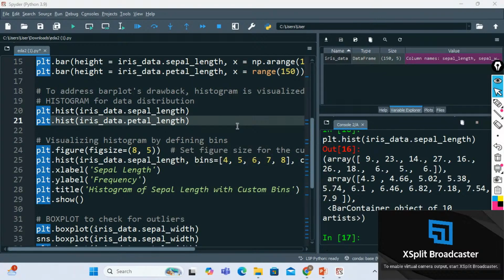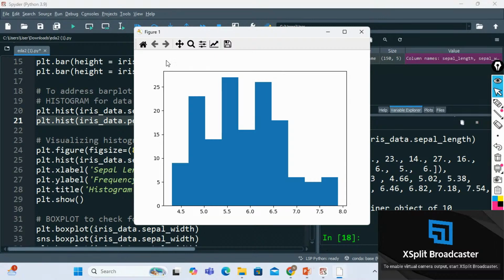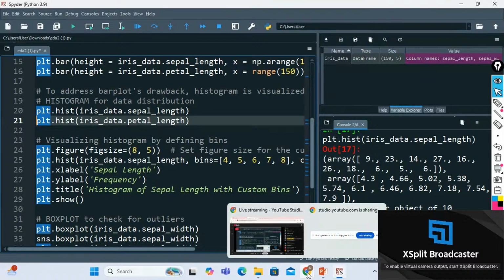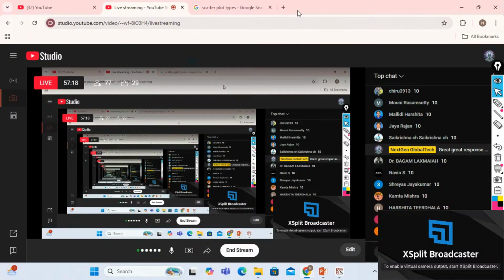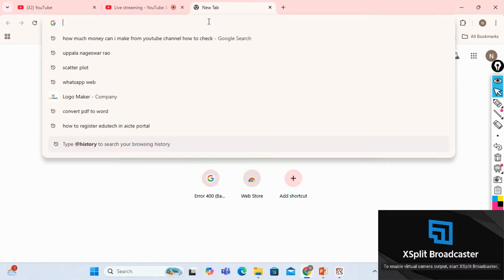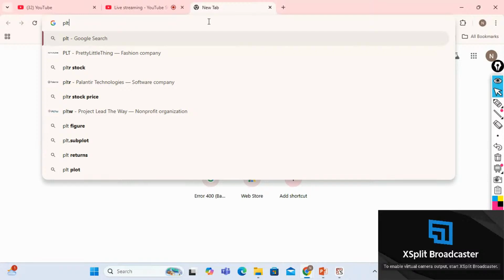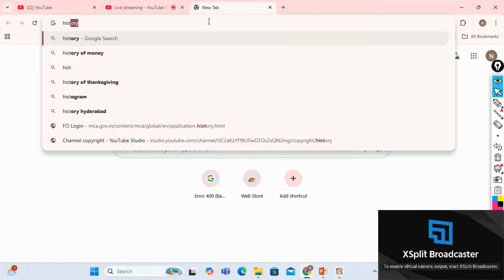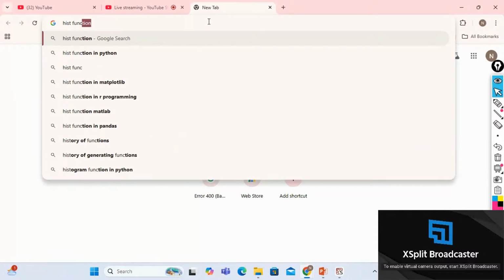One minute. Hold on. Changed. See, still it is giving me blue color with 10 bins. How come? If you have such kind of questions, the answer is very simple. What is the answer? Can someone tell me? What is the answer? PLT, or let me keep it like this: hist function